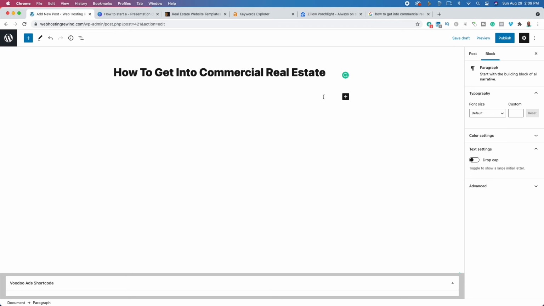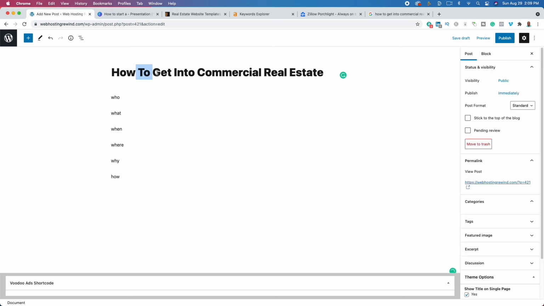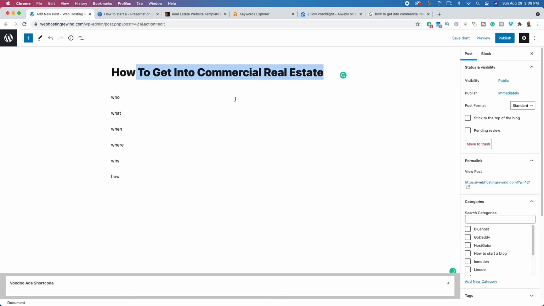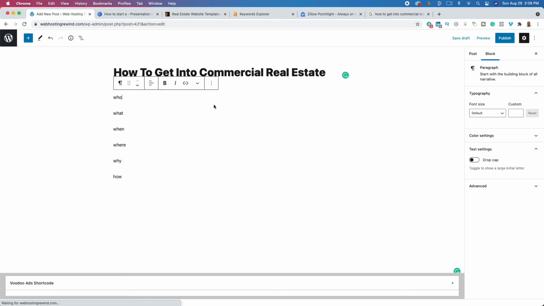What I like to do before I write a single blog post, I actually like to take 10 or 15 minutes to brainstorm. And in the brainstorming session, I am simply writing who, what, when, where, why, and how. And what I'll do is I'll take 10 or 15 minutes and I'll just ask myself questions with regard to getting into commercial real estate or whatever my keyword is. So I would say maybe who should get into